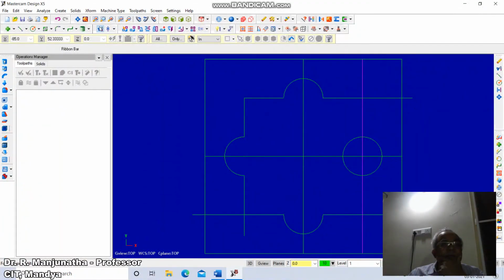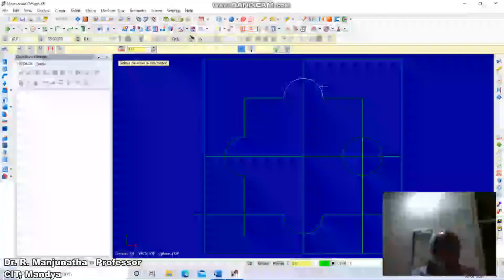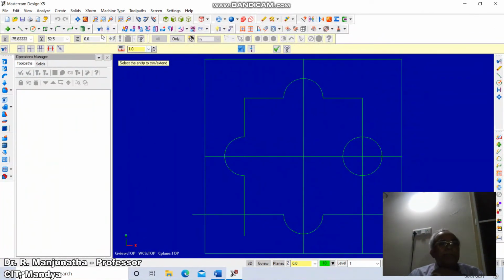Then similarly you trim this, and then you trim between these two. Then you trim this portion. Then you extend this arc till here.